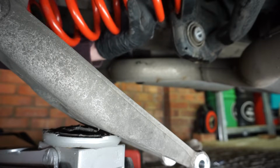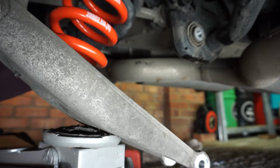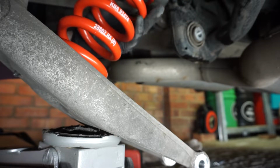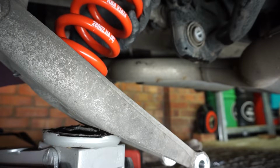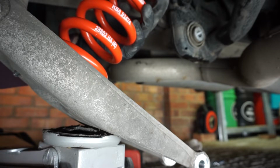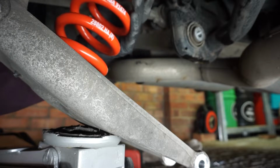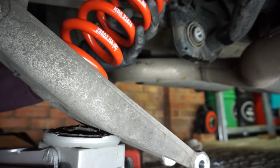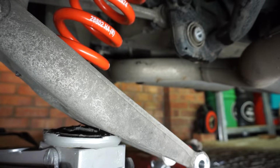And then make sure the spring, as I said, make sure that little nipple that's on that lower spring mount is located in that hole that's closest to the suspension strut. And then once you've got that back in place,